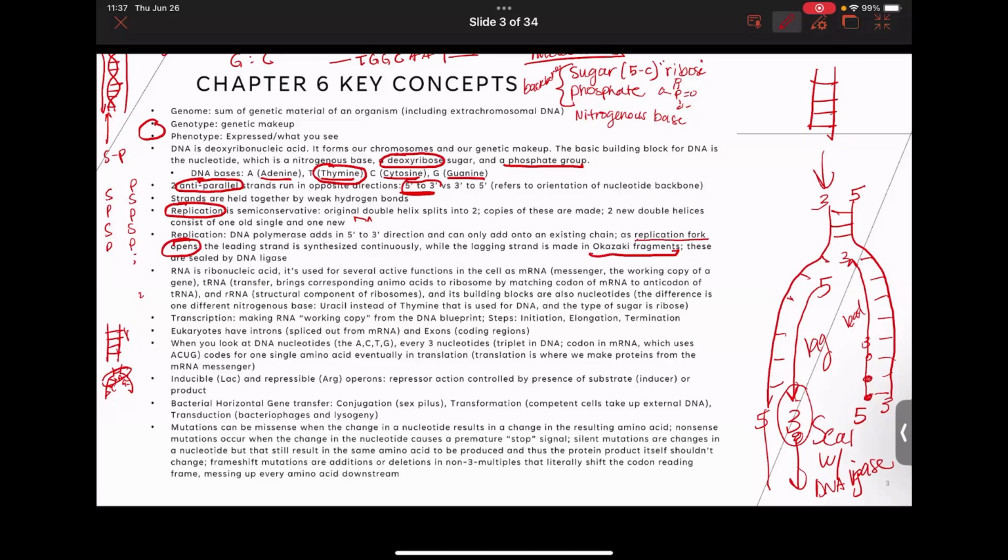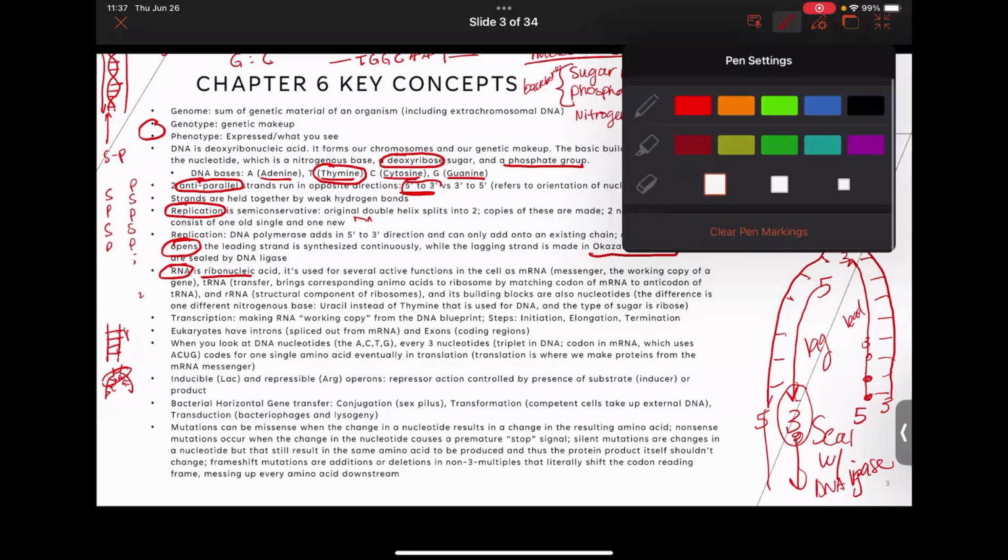So next is dealing with RNA. So RNA is ribonucleic acid. The DNA deoxyribo had an oxygen removed from the ribose. It's the same sugar. Ribose just still has the oxygen. It's not been deoxygenated. So RNA serves several functions. The main ones that you need to know for my exam will be mRNA,